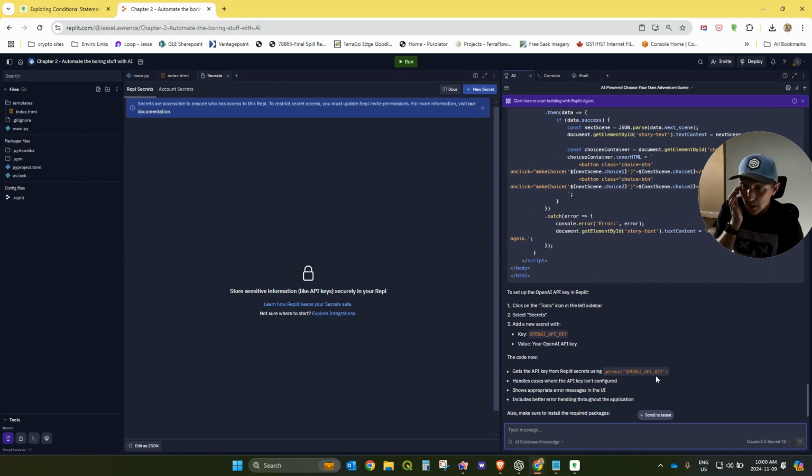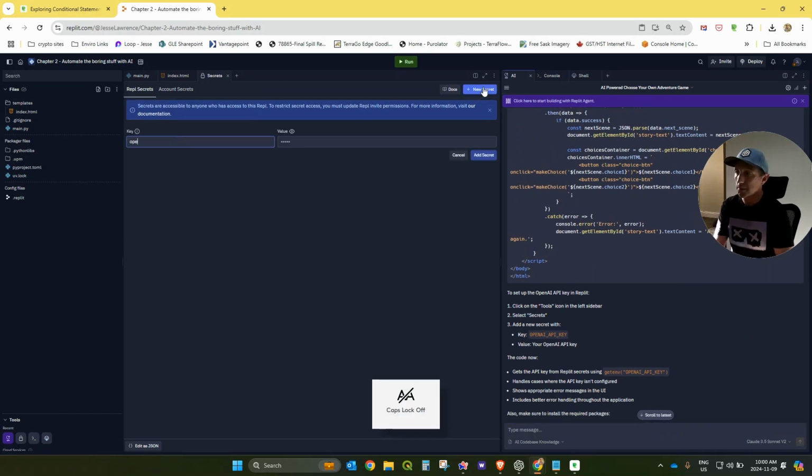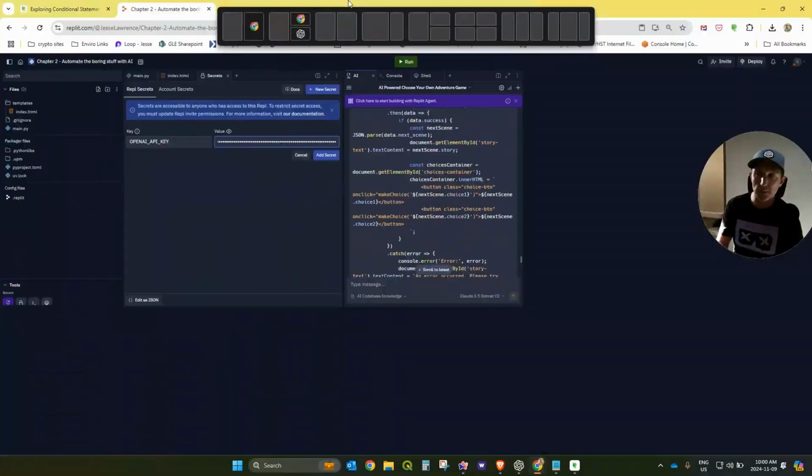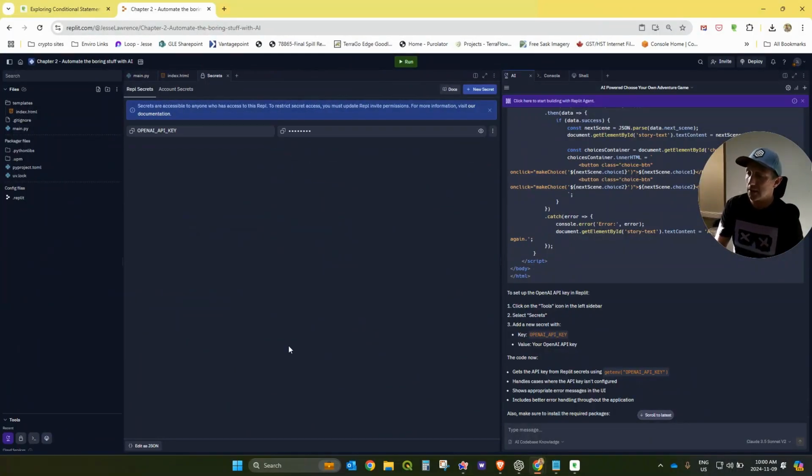So OpenAI API key is what we're going to call it. And I'm going to paste that in. I'm just going to hide this in case it shows. No, it just comes up as dots. Add secret.